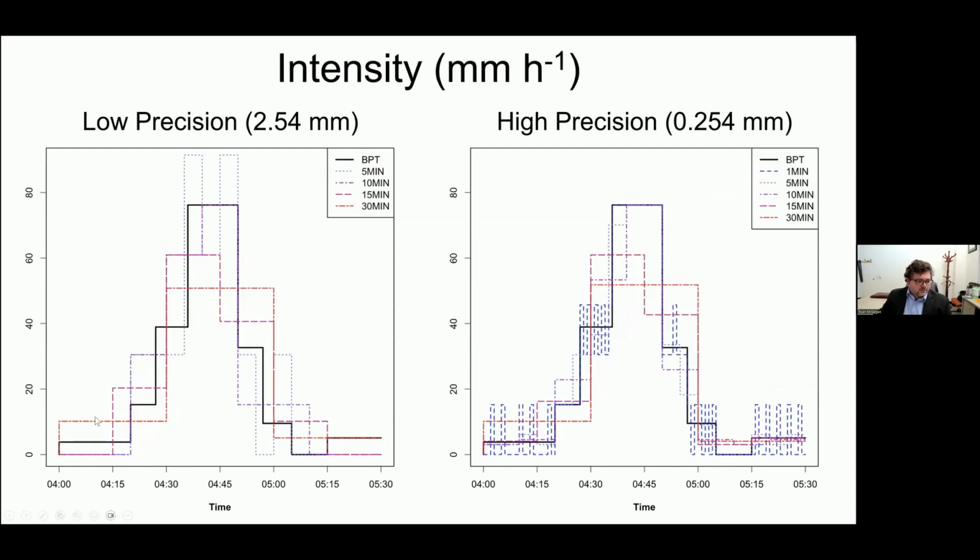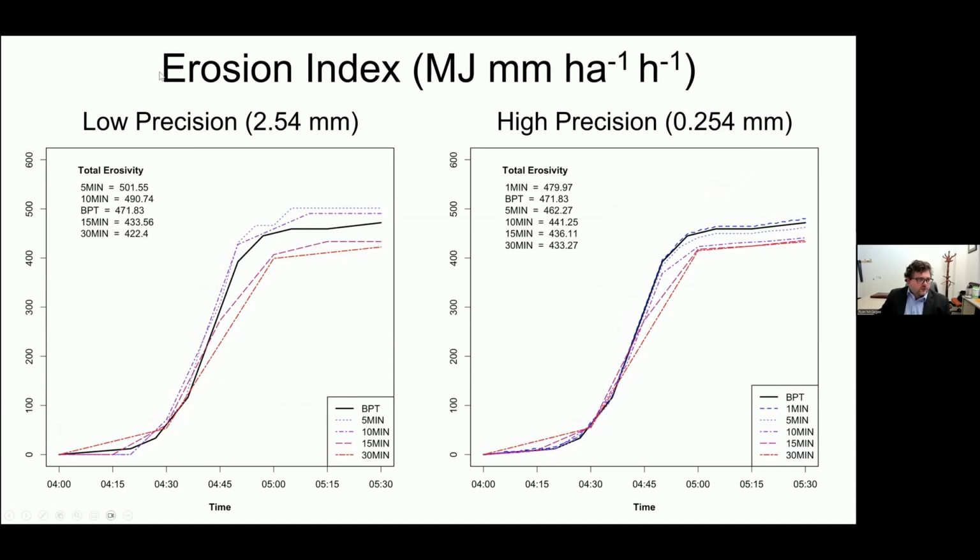When we start looking at intensity, though, now you start to see a big departure from our breakpoint data, the black line. And this is what is so critical for erosivity. If you recall, I just showed you how sensitive erosivity was to intensity, and now I'm showing you that the different gauges that we're using for our technologies impact that. So when we interpret this in terms of erosion index, we have low precision and high precision again. You can see a very clear bias introduced by the resolution of our gauge interval